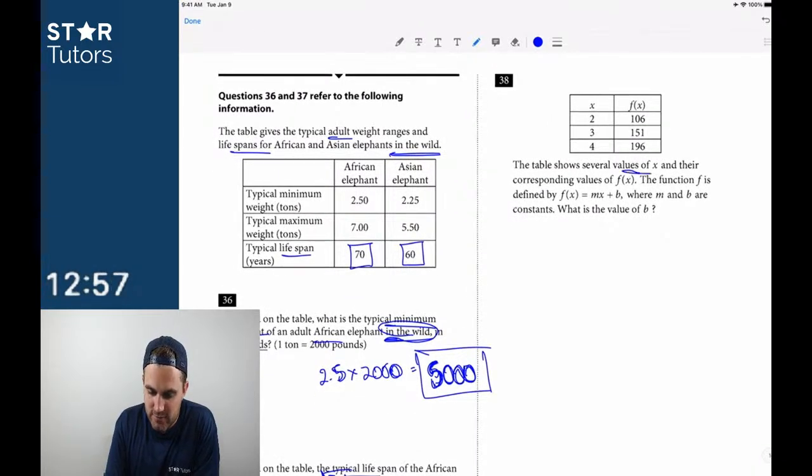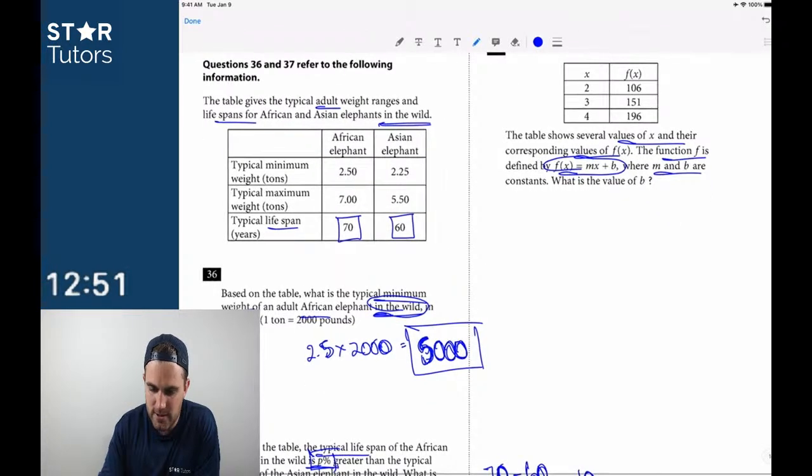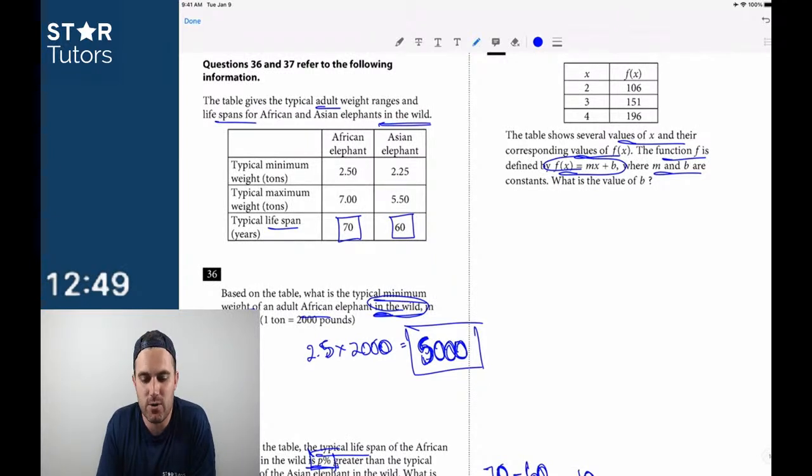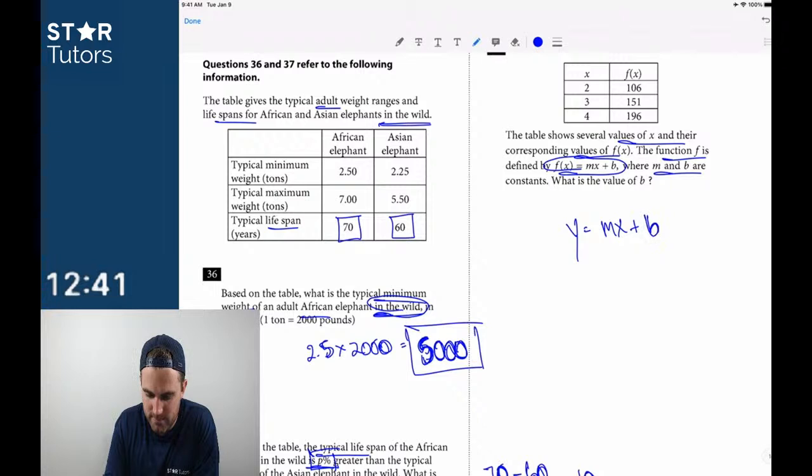The table shows several values of x and their corresponding values. The function f is defined as y equals mx plus b, where m and b are constants. What is the value of b? Okay, so this is really a systems of equations problem, because we're looking for y equals mx plus b, and in two examples here we have the x and the y twice, and we need to solve for the m and the b. Well, here we have 106 is equal to